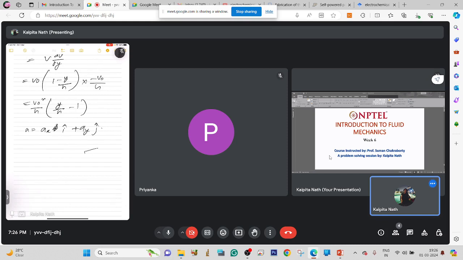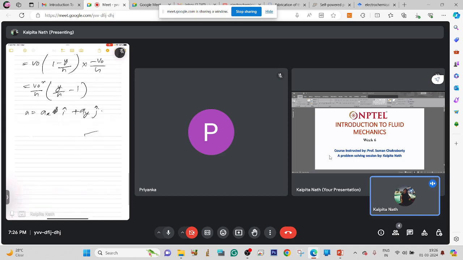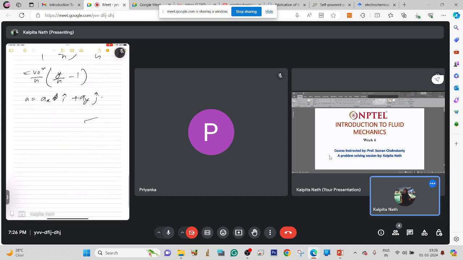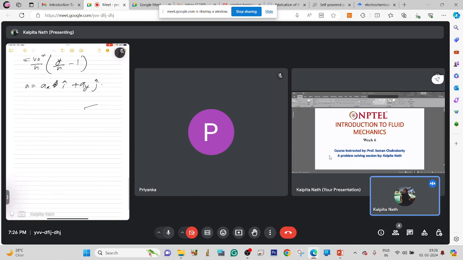Anywhere, in any condition, like the next problem that sir solved, which was the problem of a nozzle, whatever problem they may give, we'll just take one small control volume and do the balance over there. Nothing else. That will give us the velocity component, and velocity will in turn give us the acceleration. So for the second example,